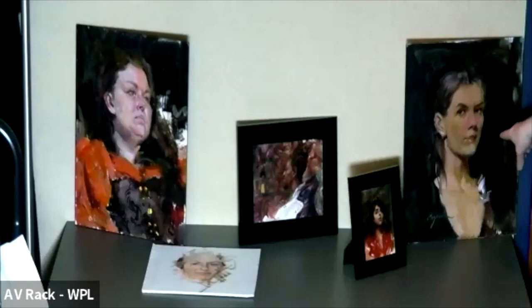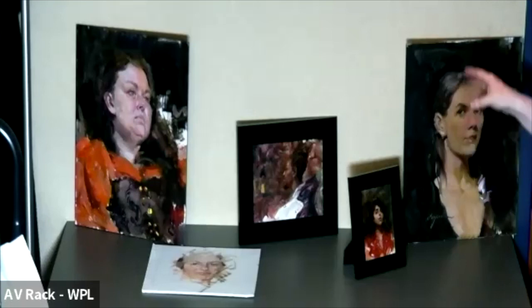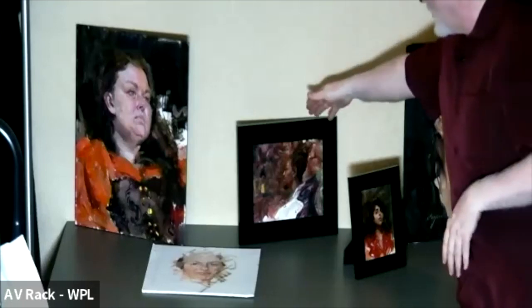This was a demo I just did a couple of days ago, and it was a 2-hour demo, which is fairly quick. I didn't get to develop out all of the values that I wanted to in the lights, but still I got to the important stuff, and the important stuff was a likeness and facial expression. And so even though I wasn't able to do everything I wanted, I got something down that was important to me.